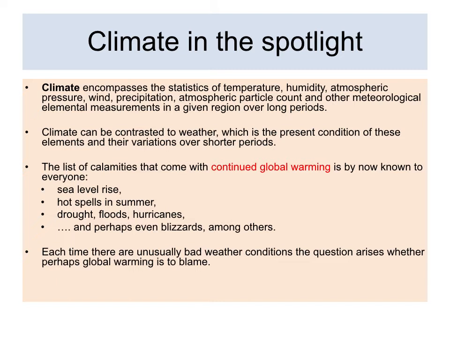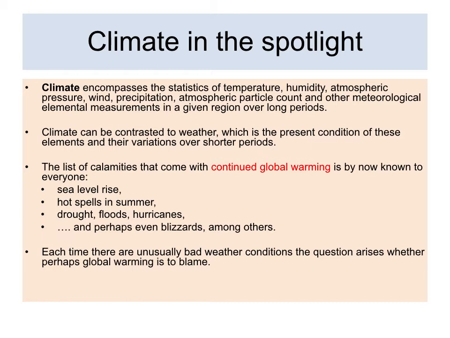And so, as you mentioned, weather is a short period, climate is a long, prevailing period. The list of the climates that comes from continued global warming is a climate change. Now we are talking, because over a period of time the climate is changing. It's not just weather change, which is natural. Every year weather keeps on changing: summer, winter and all these things.